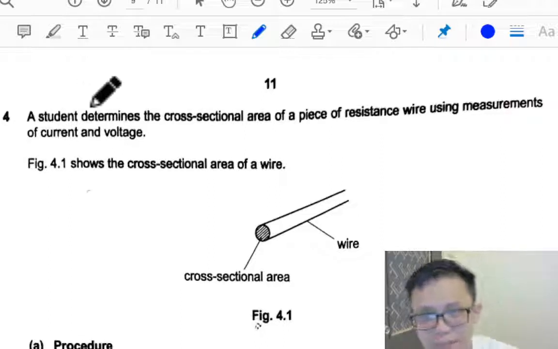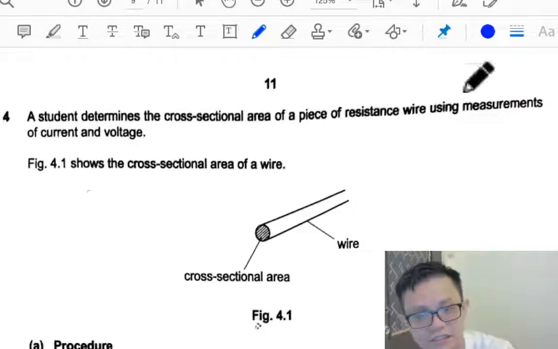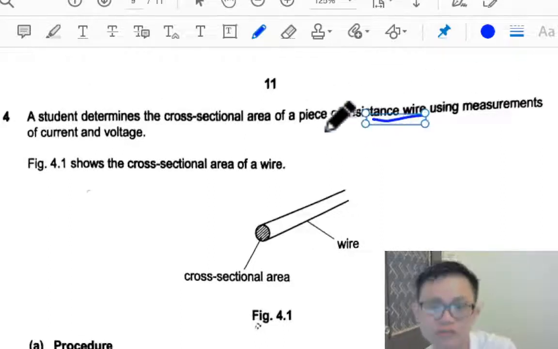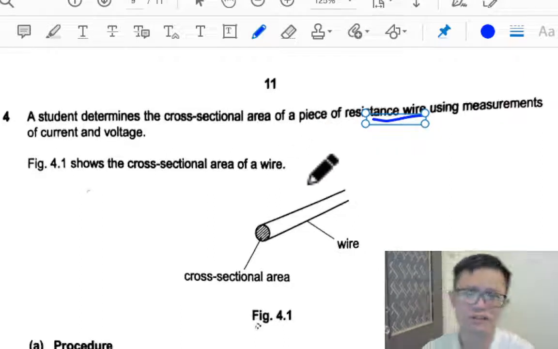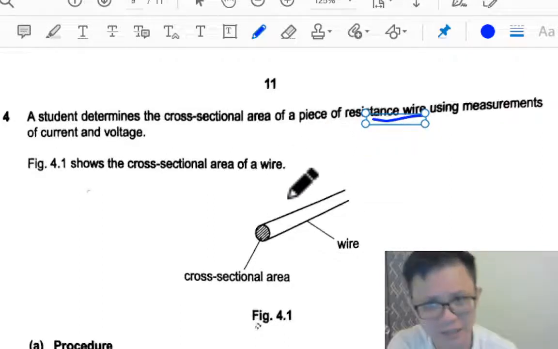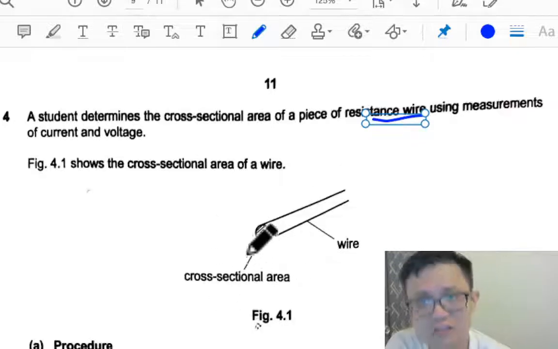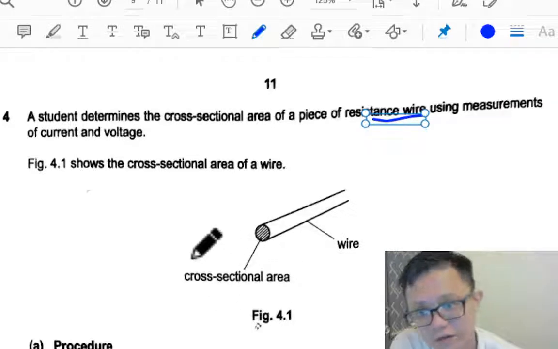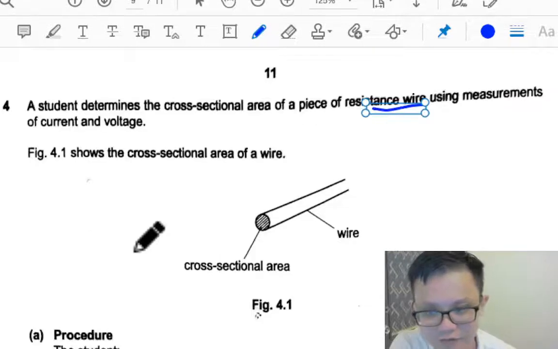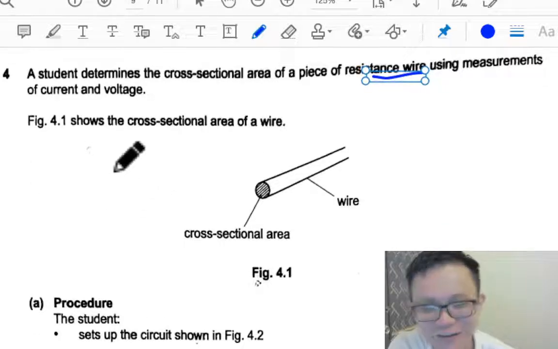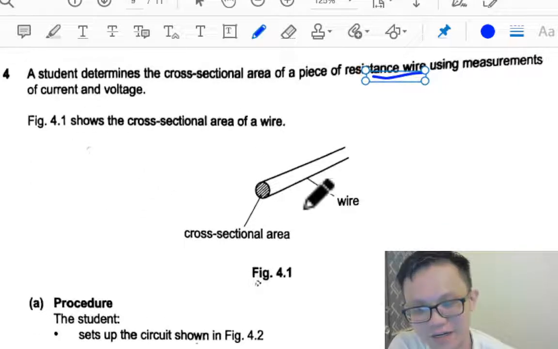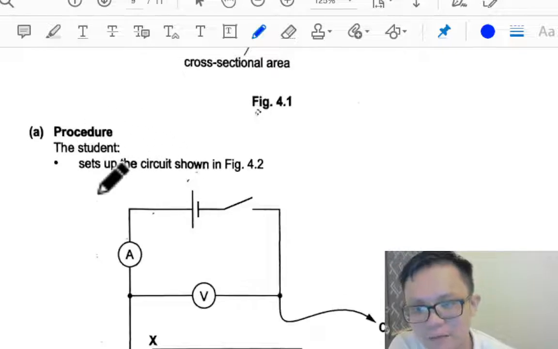A student determines the cross-sectional area and the resistance of the wire. So usually you know, question number 4 is always about electricity, so no need to spot the question. You also know that question 4 will be about electricity. Show the cross section of the wire, and so on. There's the wire. Procedure,